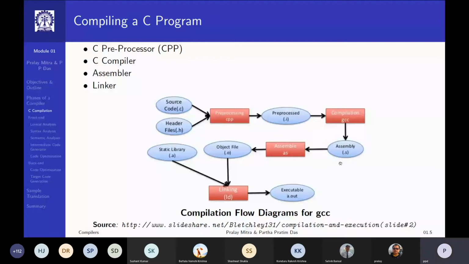Then that assembly file gets assembled into the object file. Now, when we run GCC, we cannot see this happening separately unless you put a specific switch to run a particular component. You just do gcc and so on. It does preprocessing, compilation, assembly, and generates an object file, which is a .o file. Based on the system, these extensions can also be different. But this object file is produced for every source file that you have.